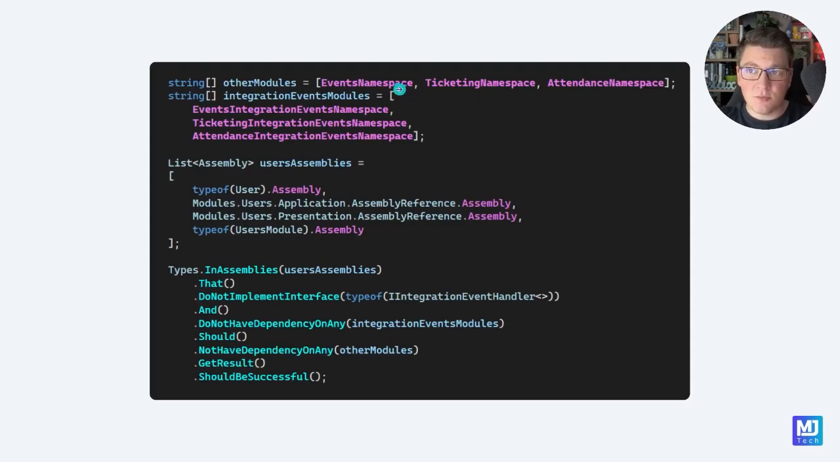Architecture testing is also based on enforcing namespace dependencies between your modules, and in this example, I'm defining an array of modules that we should not have a reference to, and I'm also defining an array of namespaces that you may be allowed to access. The next part is defining the assemblies that we want to test. In this case, these will be the user's module assemblies,